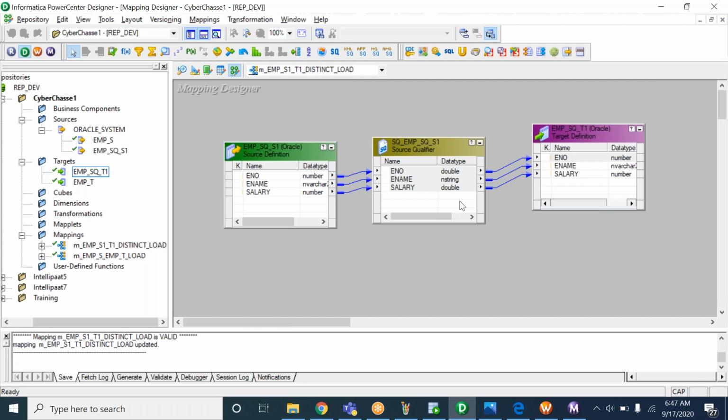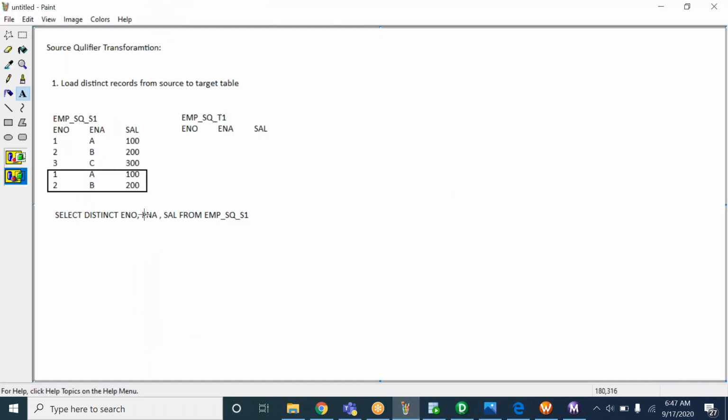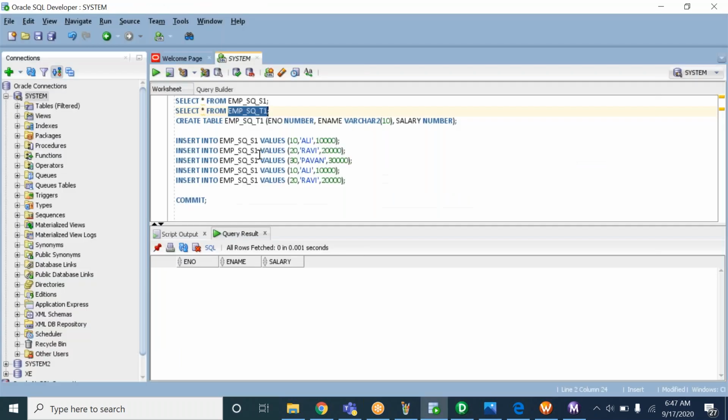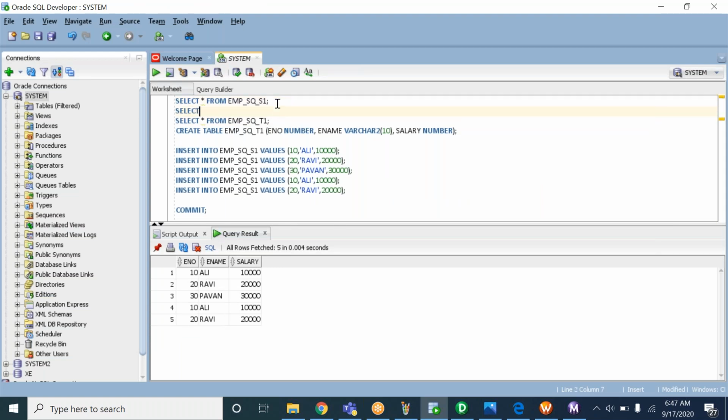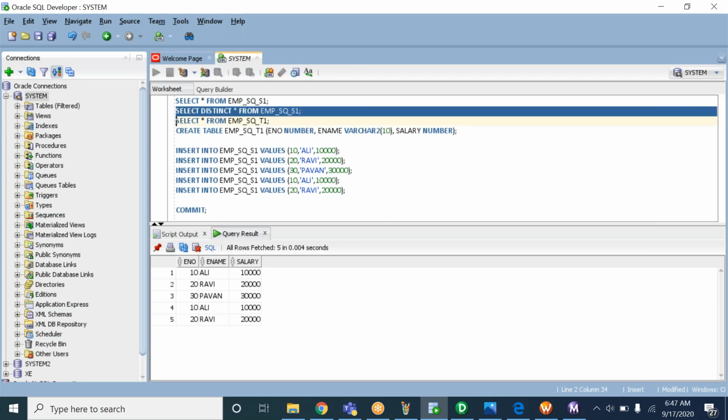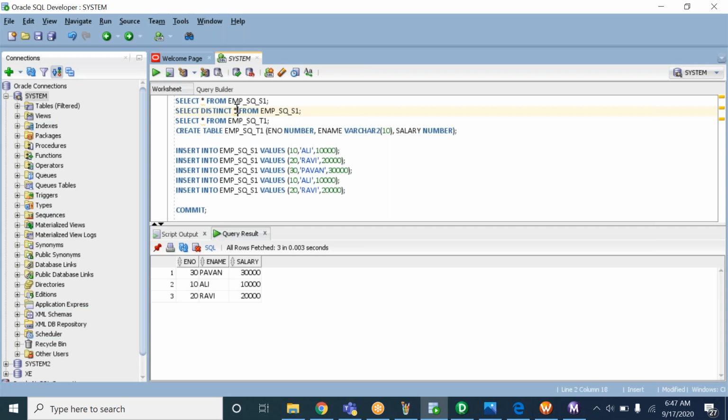So what do we have to do to load only distinct records? For that we have a SQL query: select distinct column names from the source table name. Let me write that query here. Now if you execute this table query, it will select all the 5 records. Now to select the distinct records, select distinct star.